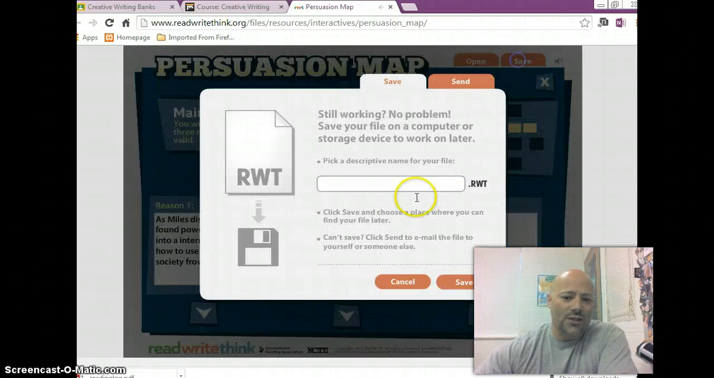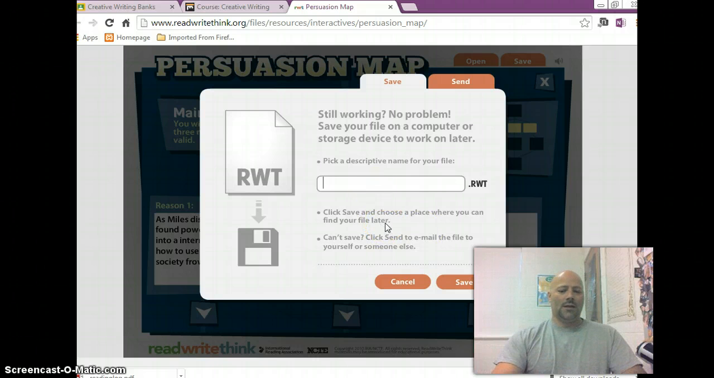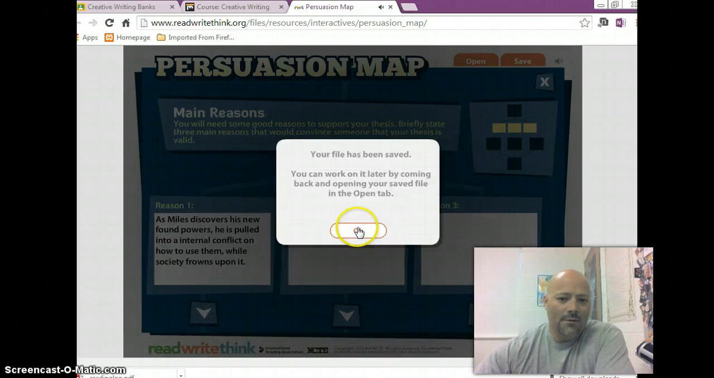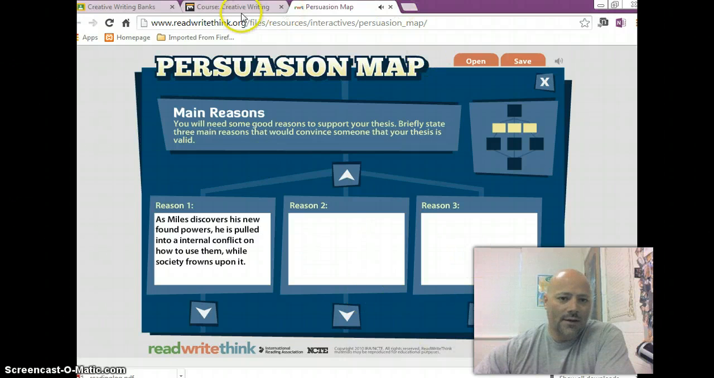Once you have all this, you go to save, and it's going to save it here. And notice that it says still working, no problem. You can save your file on the computer or storage device to work on later. Pick a descriptive name for your file. So if I give a name here, let's just say my hero comic, and I hit save, it's going to ask me where I want to save it. So I'm back here in the files, I'm right here, and I hit save. And my file's been saved there for later. Now that I've got it saved,